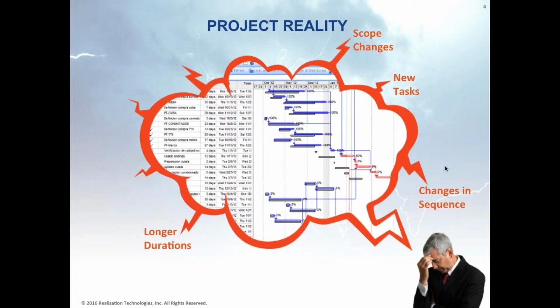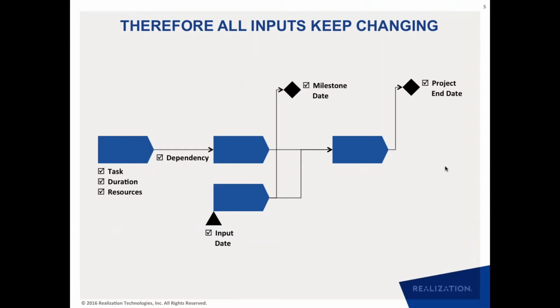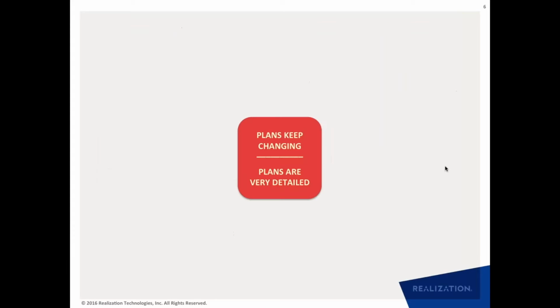The task might take longer than expected, the resource requirements change, inputs are delayed, and there's rework. And the impact of all these changes is that all the data elements that comprise a project plan keep changing. They're in constant flux. And the implication is that the plans keep changing, and the problem becomes worse when you have very